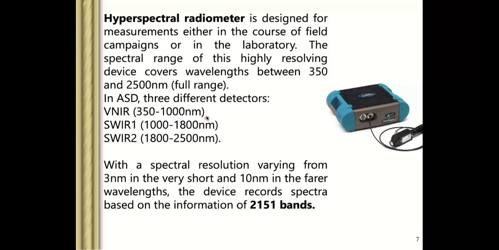So sometimes we do band ratioing and we get a final resolution in between. If you see in this region, you are getting around 3 nanometers, and in this region you are getting 10 nanometers. That's why we are not getting 2500 bands here. We have somewhat fewer bands, but because it gives information every 10 nanometers and there is a very small gap between one band and the next, you are getting a continuous image. But with multispectral, you are not getting this continuous image because there is a very large gap over here.